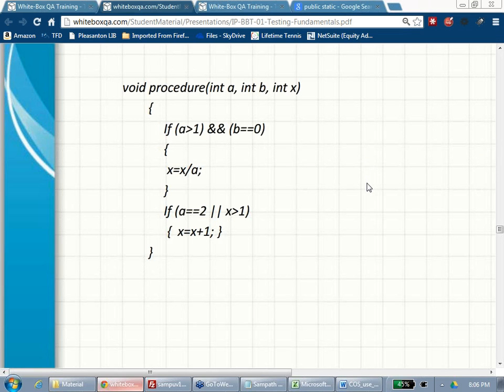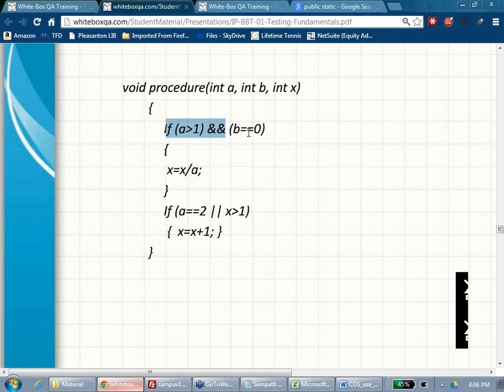When you have integers, if you go through this program, what is this doing here? If the value of A is greater than 1 and the value of B is equal to 0, we should execute X is equal to X by A. Who is the one which is changing in the program?